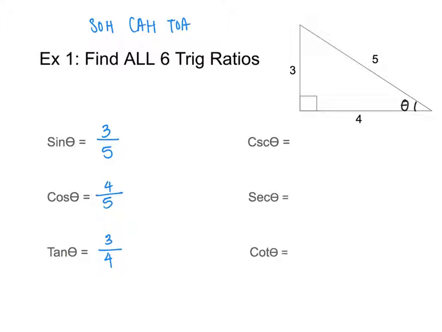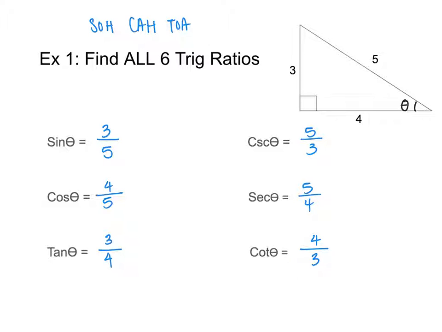And so now, this part, the reciprocal trig identities, so cosecant, secant, and cotangent, is super easy because we just take the fraction of the sine, cosine, and tangent and flip it. So we're going to take sine, flip it, so that'll be 5 over 3. Take cosine, flip it, that's 5 over 4. And cotangent, if we flip tangent, we get 4 over 3. And we have all 6 trig identities. And that's it. So now, since we've gotten a little bit used to this, let's try our next example problem